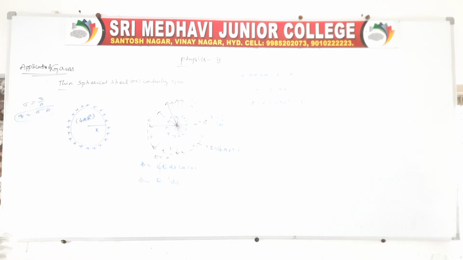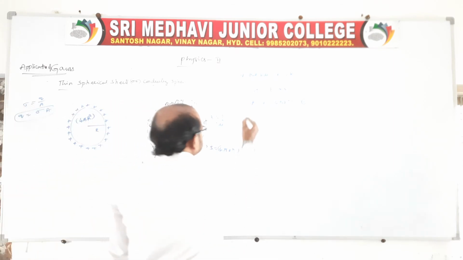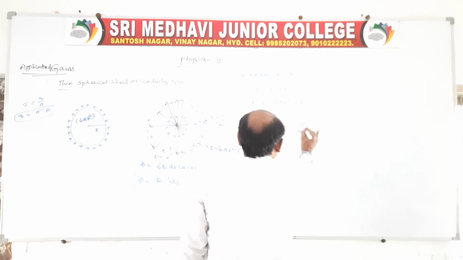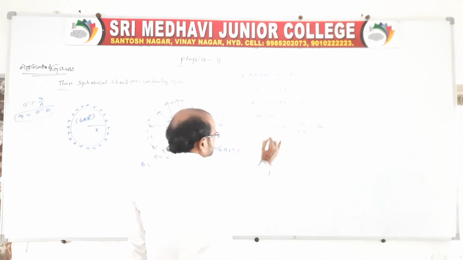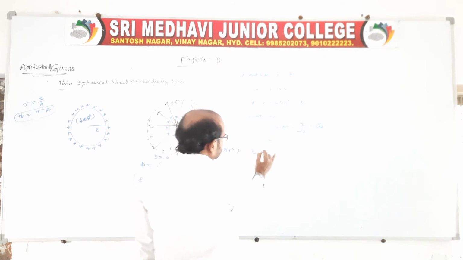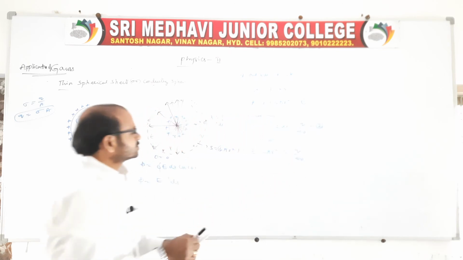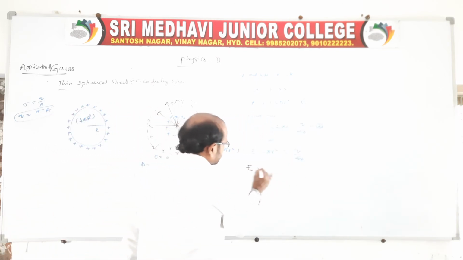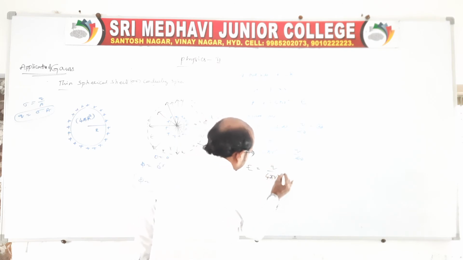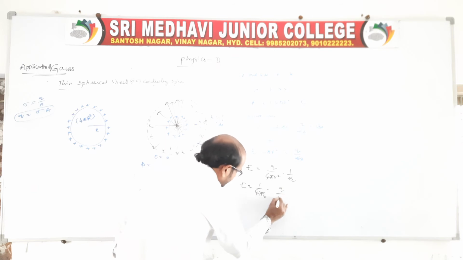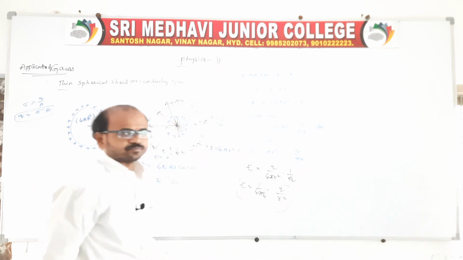Right? Now we go for the next one according to Gauss's law. The flux is equal to closed integral E ds is equal to q by epsilon naught, equation 2. Now we equate these two. Therefore E into 4 pi r square is equal to q by epsilon naught. Of course we have to find only the E value. So E is equal to q by 4 pi r square into 1 by epsilon naught, or E is equal to 1 by 4 pi epsilon naught into q by r square. Of course it is the same as the electric field intensity.